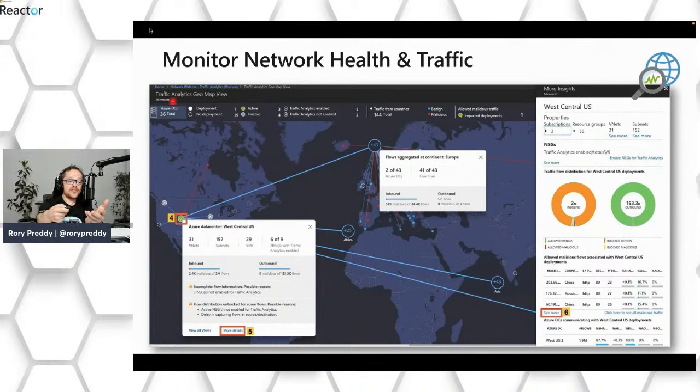with Network Monitor. So this is a traffic analysis for Network Monitor, and you've got 2 data centers. We've got West Central US, and also we've got Europe, and this is a built-in dashboard you can actually use. We're using traffic analysis on the Network Monitor. So this is Network Monitor, and you can also use Network Insights. So Network Monitor allows you to look at all of those